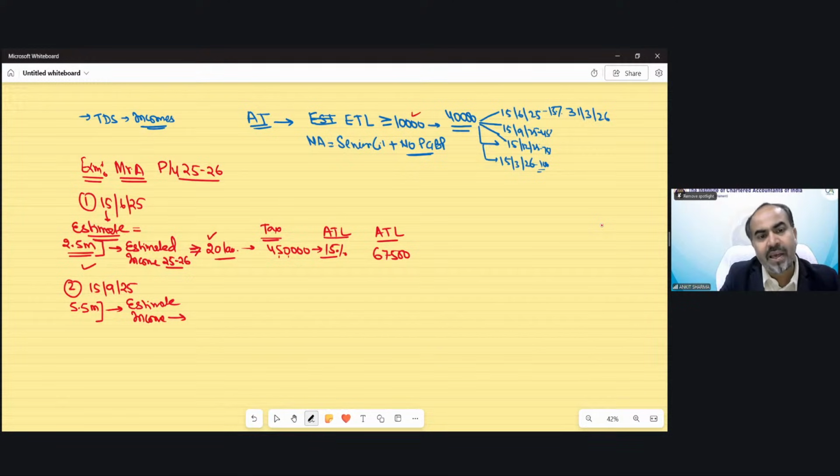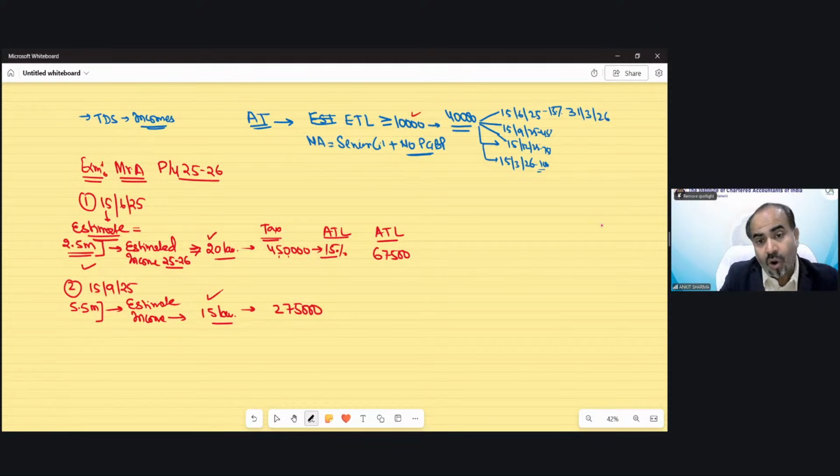Suppose we are saying that after 3 months, the estimate comes to 15 lakh only. There is some loss that arises in the business, some order cancelled. It could be plus, it could be minus, it could remain the same. Now on 15 lakh, we have to calculate our tax again. Suppose the tax liability now is 2,75,000. Again, this would be given in the question. You need not bother.